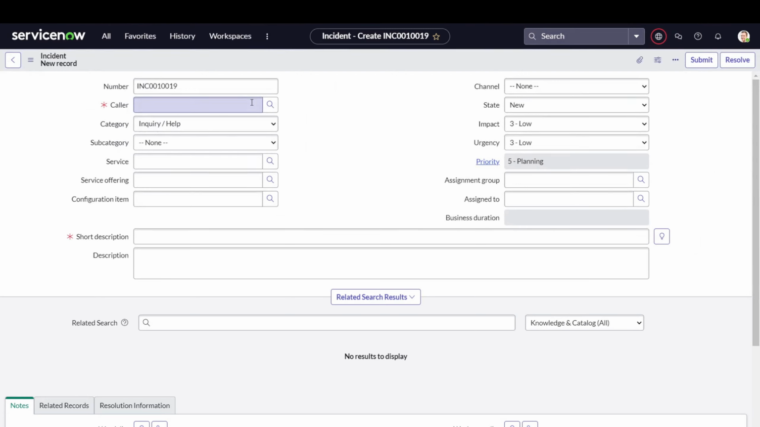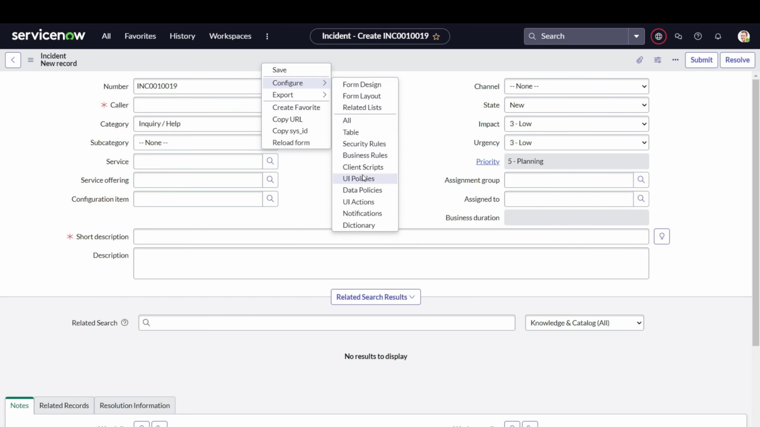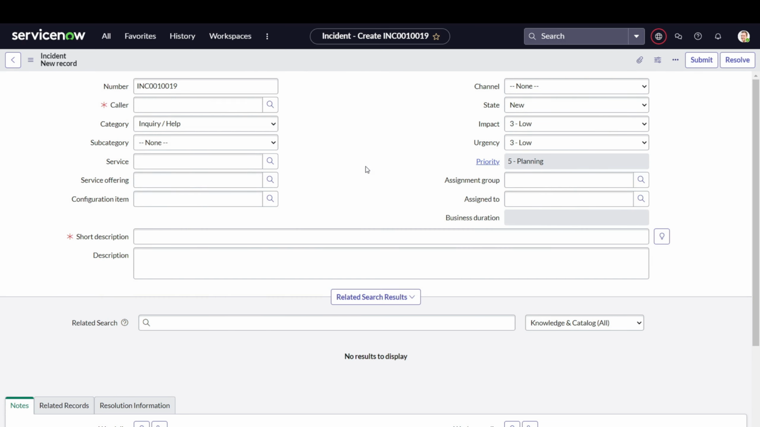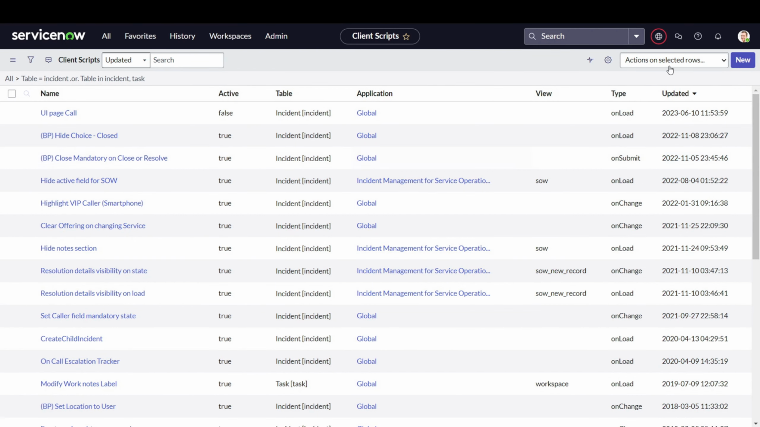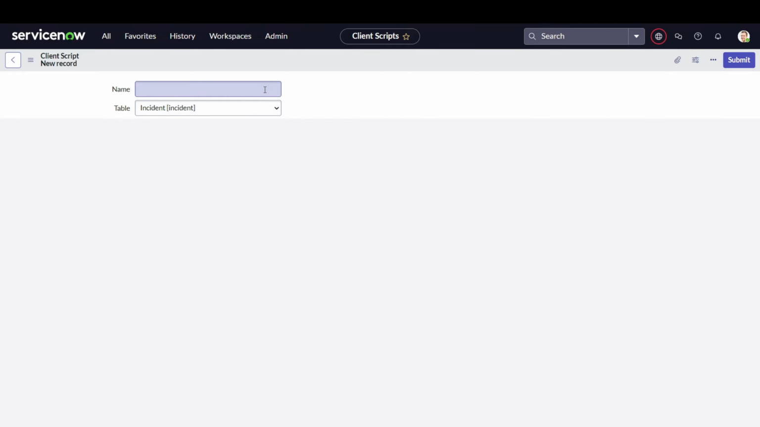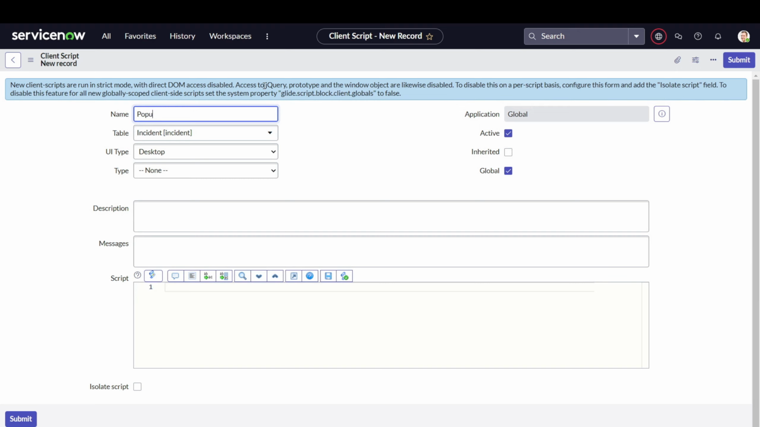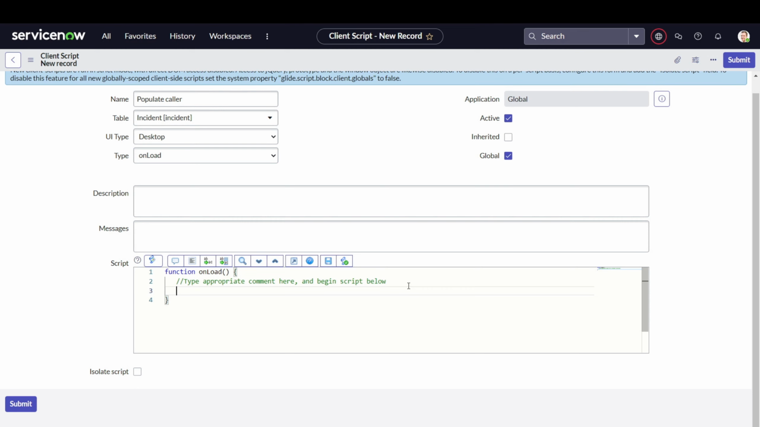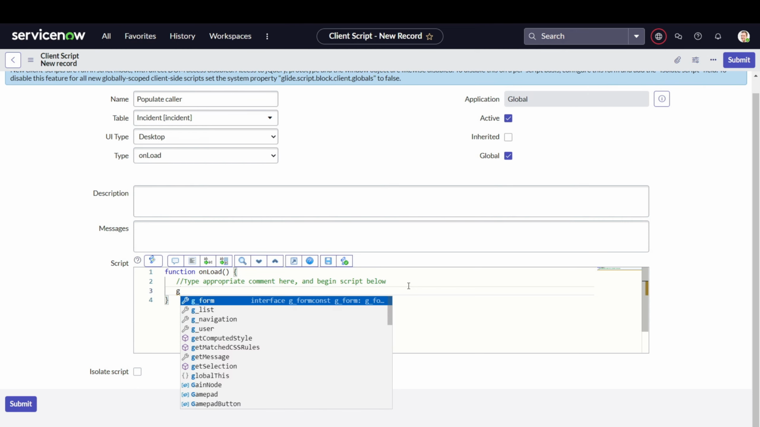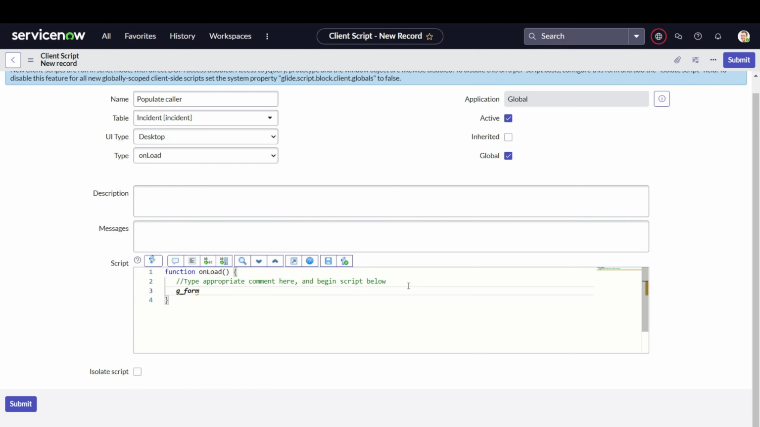Now let's create a client script for the same. What you have to do is right click, configure, go to the client script, and we want an onload client script for the same. So I will click new, and we'll give it the name populate caller, and we'll make it onload, and we'll write a simple code over here, which is g_form.setValue